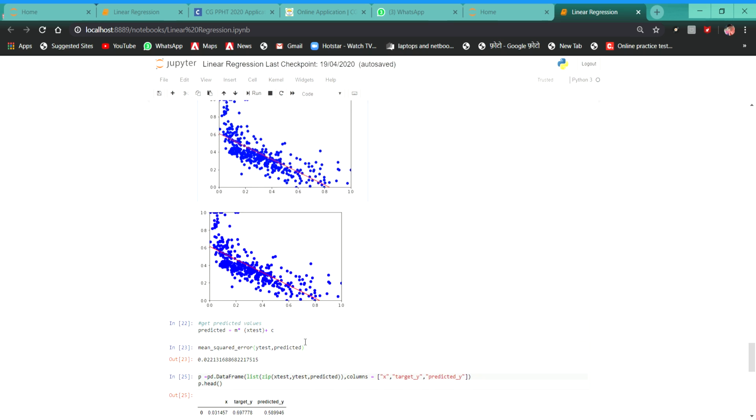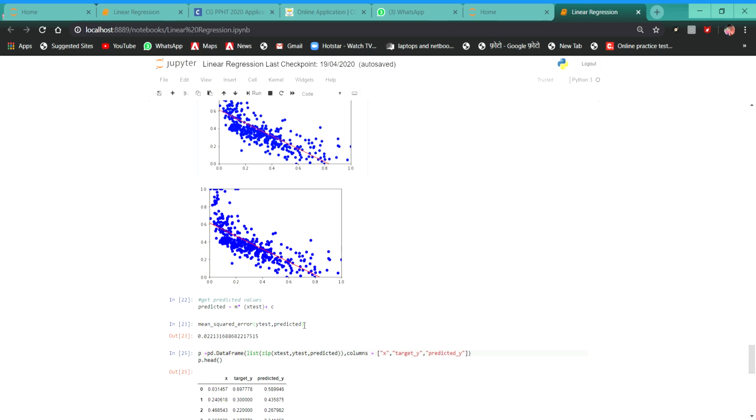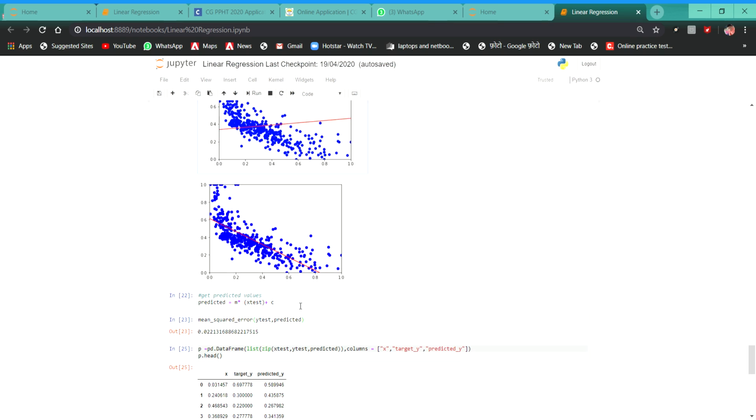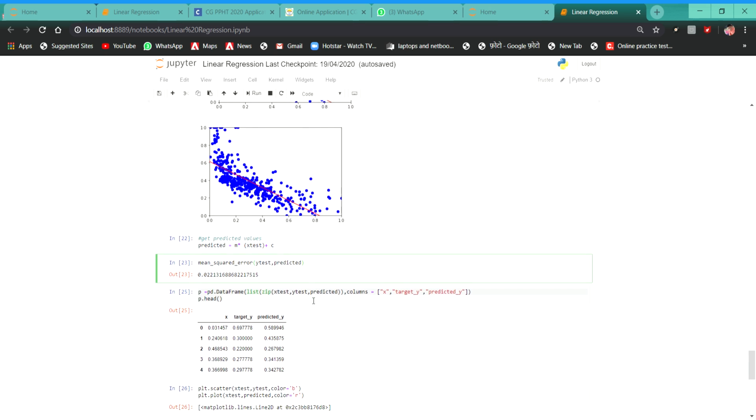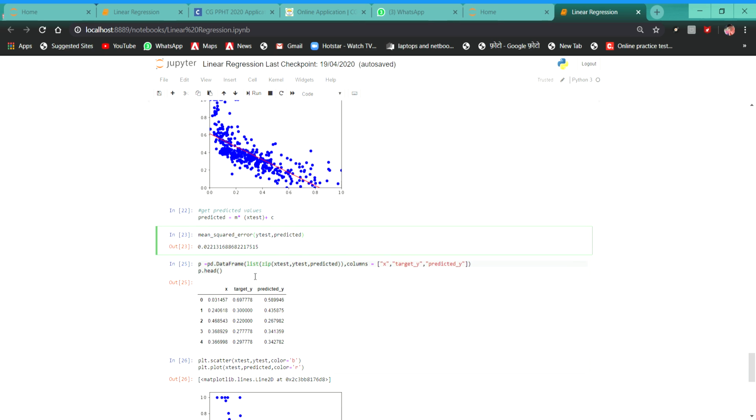Now we try to get the predicted value using m times x test plus c. Here we again find the mean square error from y test and the predicted value, and we assign the target value and predicted value into a dataset.